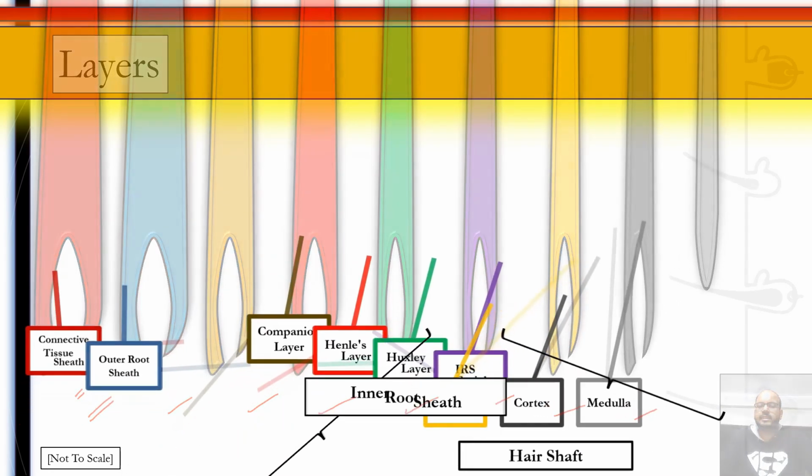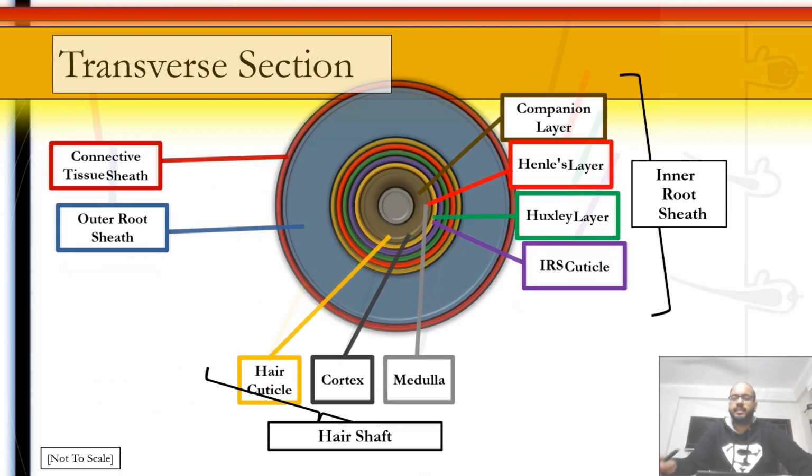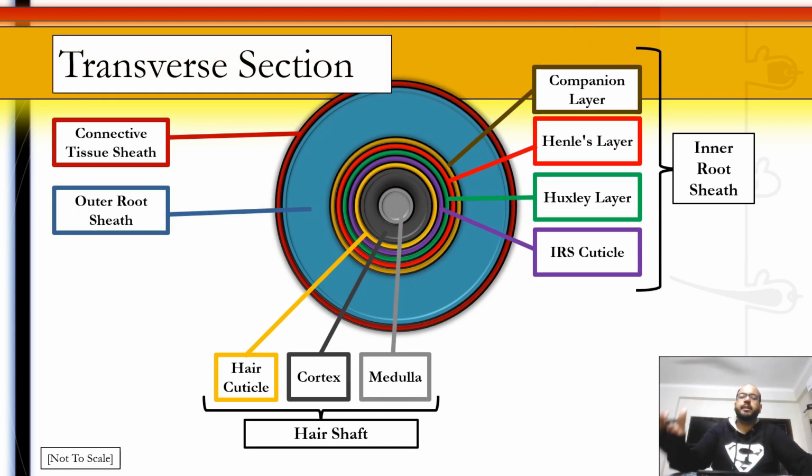So this is a schematic representation of the transverse section of a hair follicle, and this is just above the bulb. And you can see IRS, that means it is below the isthmus. So in between the isthmus and the bulb region, or you could say the hair stem, we have taken a section at that level. So from outside to inside, we have the connective tissue sheath. Then we have the ORS, and you can see that the majority bulk of the perifollicular unit is made by the ORS. That's why it's the thickest layer of that unit.